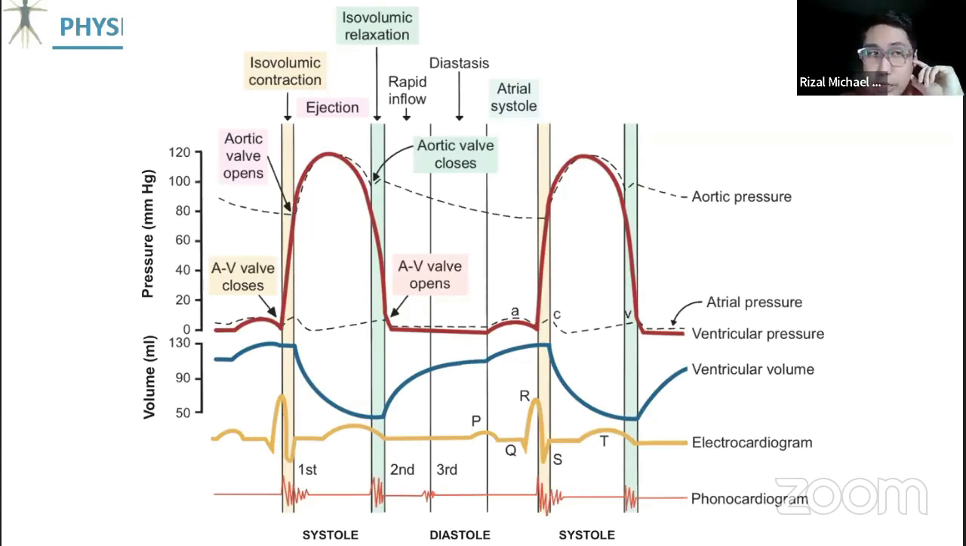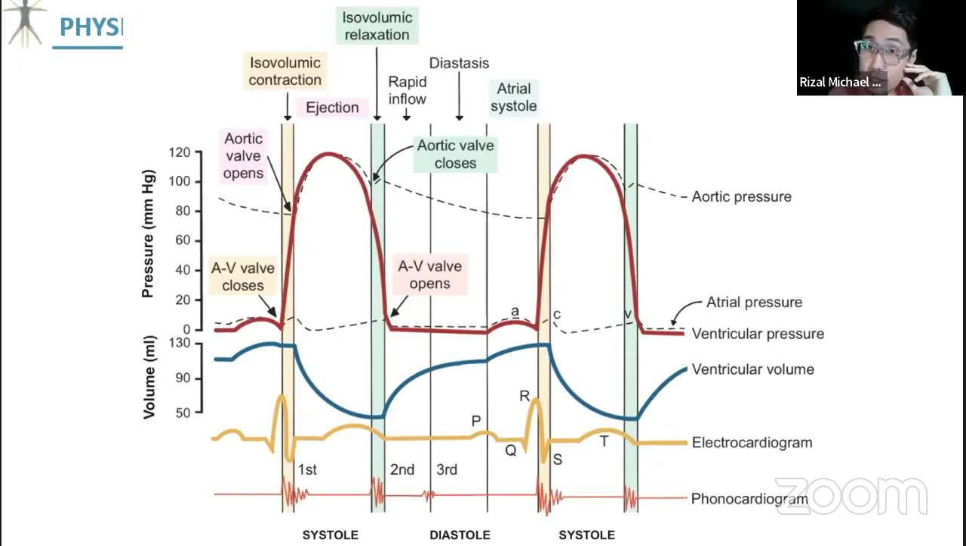And then eventually, your left ventricular pressure will be greater than the aortic pressure. So it will push open the semilunar valves like your aortic valve, leading to your rapid ejection and then eventually your reduced ejection. And then eventually, kapag yung left ventricular pressure is less than the aortic pressure, the aortic valve